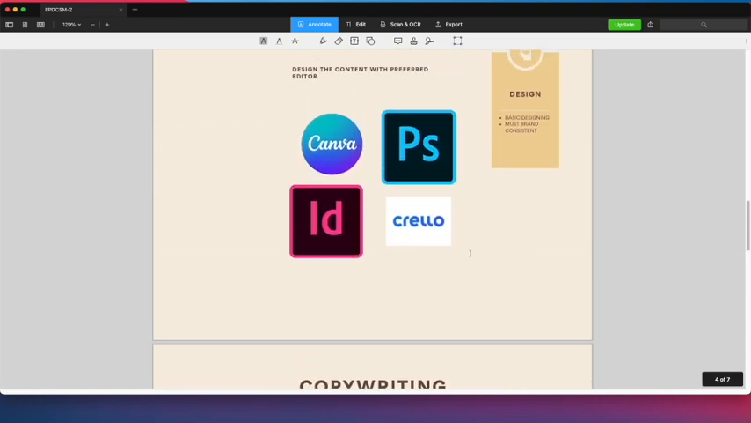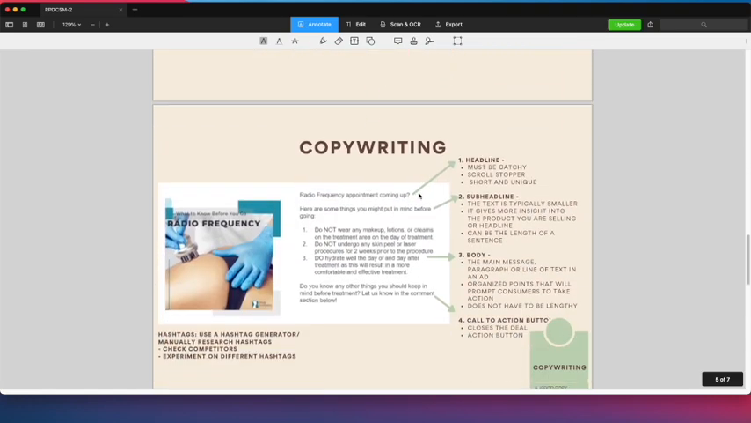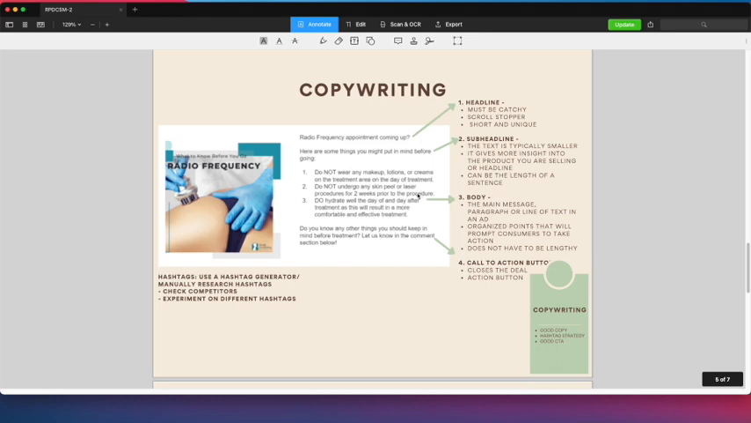So the next part of the design, kunwari may design ka na, is the copywriting. So ano ba yung copywriting? It's more like of a caption lang. So copywriting is writing a copy. So writing a caption. So this is an example of how I present my client